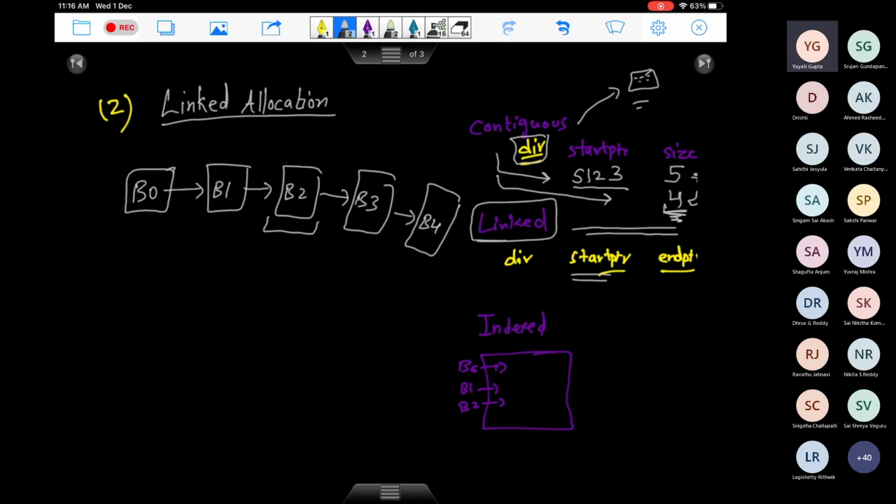All right. What will you do here to remove B2? What pointers will you change? It's just a linked list, right? This is your head. Head is nothing but what is stored here in your directory. This is your tail. Again, tail is stored there in the directory. But given that, let's say it's a singly linked list, and you have to remove this B2, what will you do? You only know where the head is, and you want to remove the second block.